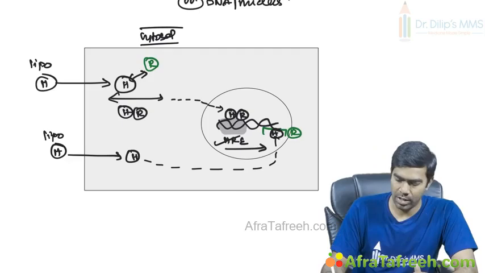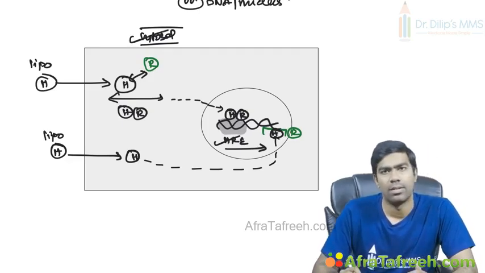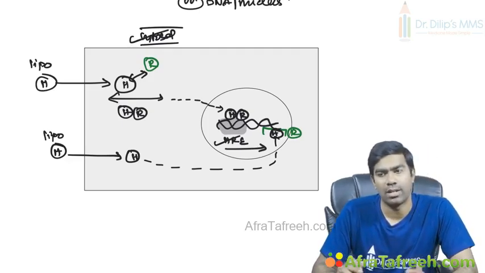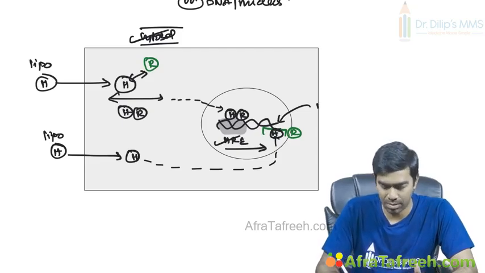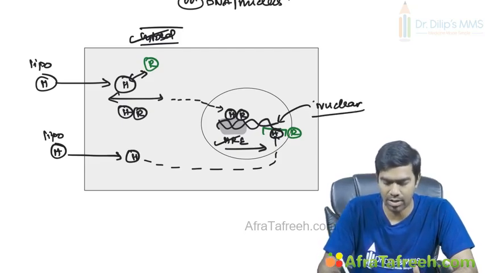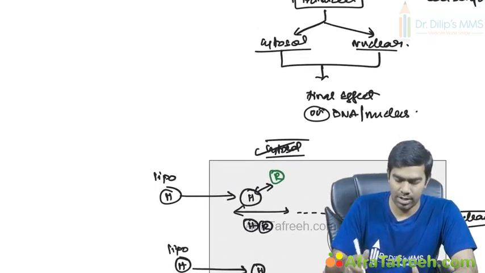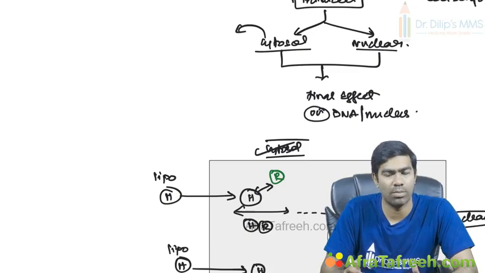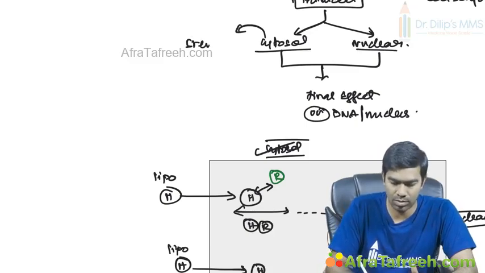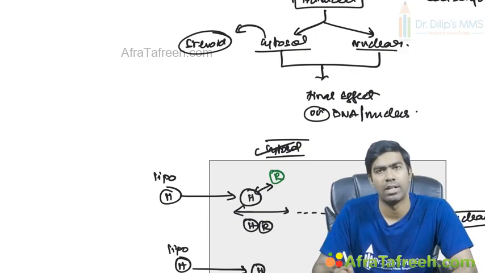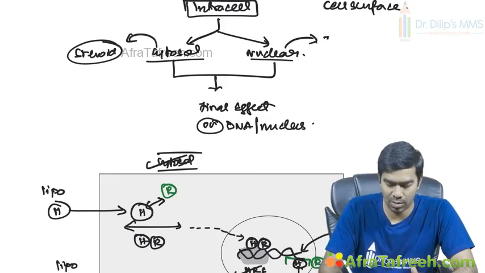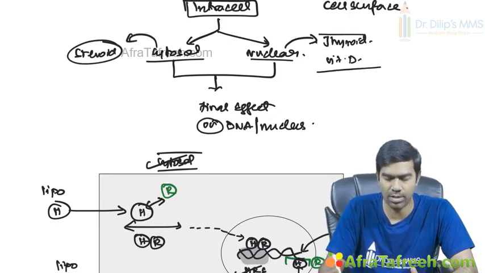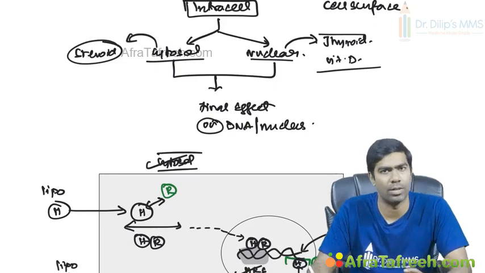Fine. So my question is, what are the hormones that act by intracellular cytosolic receptor, and what are the hormones that act by intracellular but nuclear receptors directly? Intracellular, intranuclear receptors. Intracellular cytosolic or cytoplasmic receptors you get with steroid hormones. Typically, steroid hormones are the ones that have intracellular cytosolic receptors. Intracellular nuclear receptors, on the other hand, you get it for thyroid hormones, or you can get it for vitamin D receptor. Vitamin D receptor is also intracellular and intranuclear only.